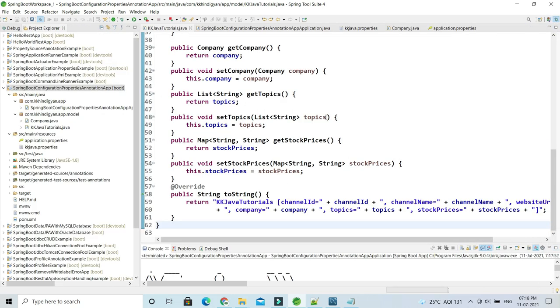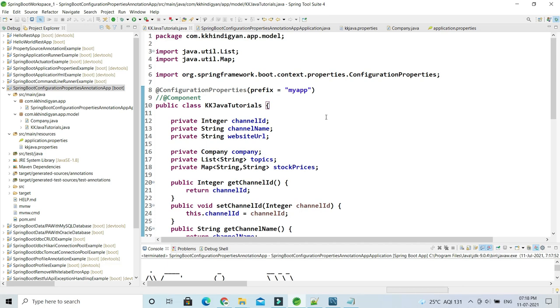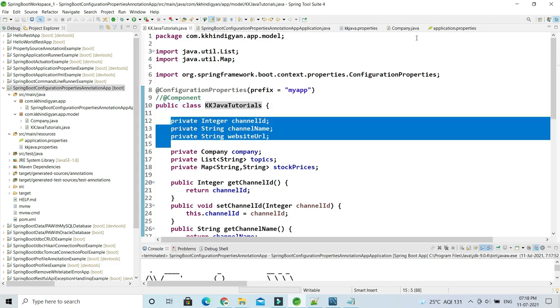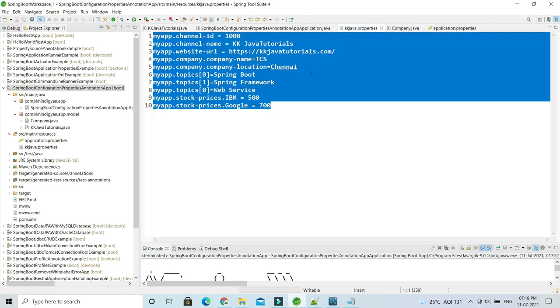So that's how you can have nested properties as well, right? In this case I have shown you there is only one class which represents configuration data, but it doesn't mean that you have only one class. If your application is really huge, then you can have multiple classes which represent application configuration, and those configuration data you can of course externalize, not in the main application.properties, but you can create your own app properties file. There you can externalize these properties, right?